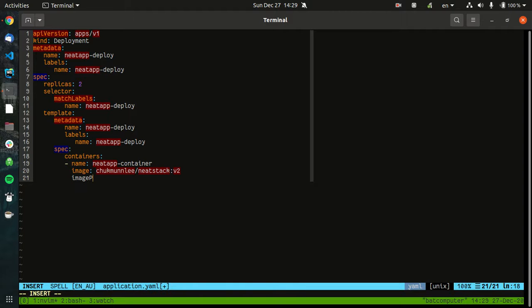And the image pull policy, only if it's not present. Okay, so now we're going to configure our application. So again, we're going to use